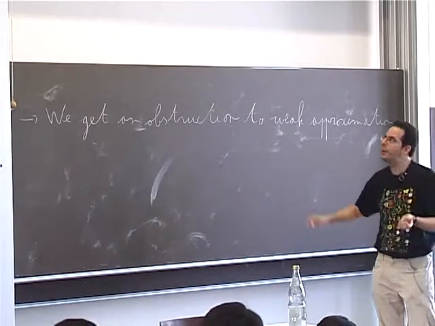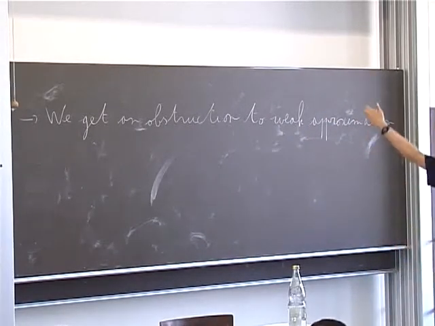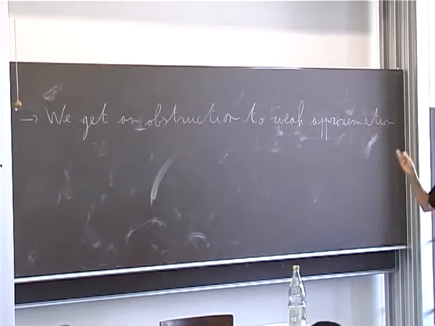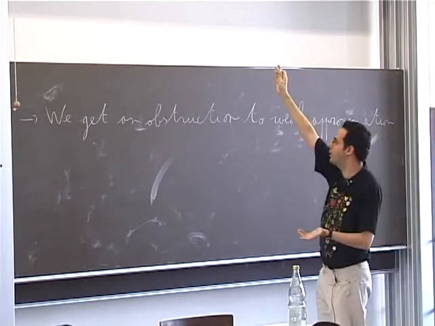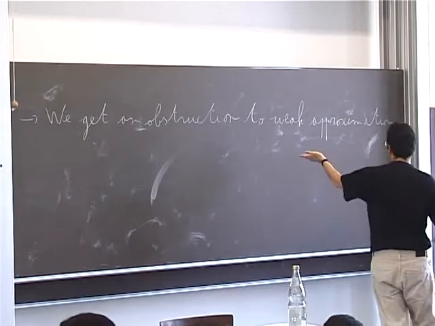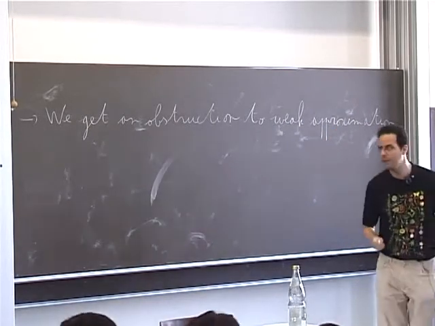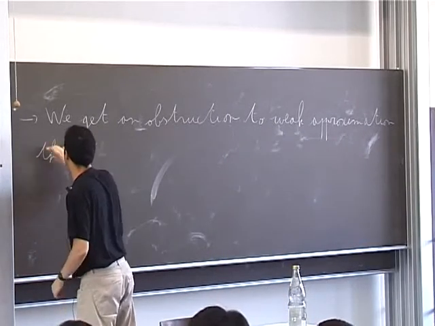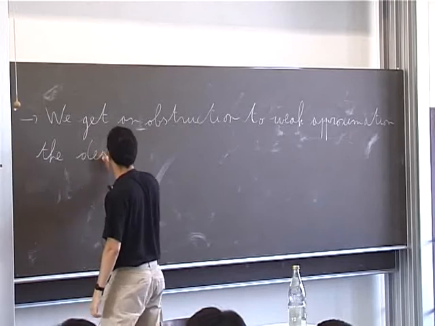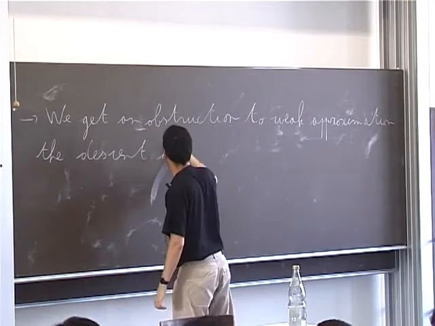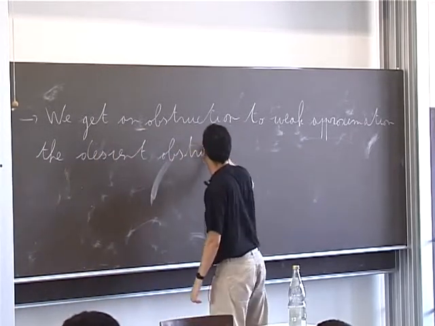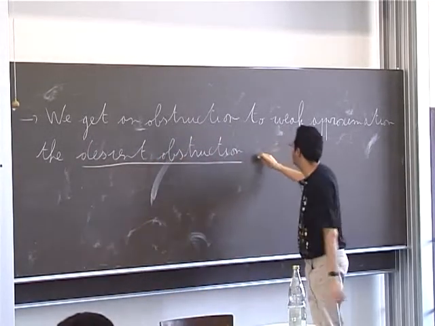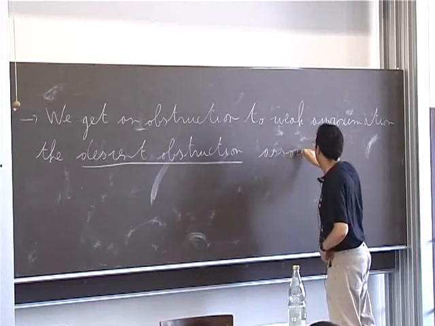Because if you take an element in the adelic space that is not in this set X(A_k)^f, it cannot be in the closure of the set of rational points, so it cannot be approximated by a rational point. So this is the so-called descent obstruction associated to the torsor f